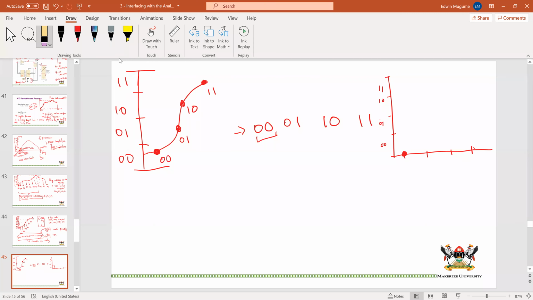So here, what I can do, these are my sampling points. You can say, okay, if I find a 0, 0, I'm going to record it in the center of this range. So I can put my signal in the center of that range. The next sample was taken at this point and it is 0, 1. I can put it in the center of this range. The third point was taken as 1, 0. I can